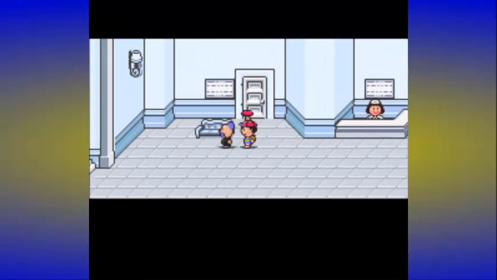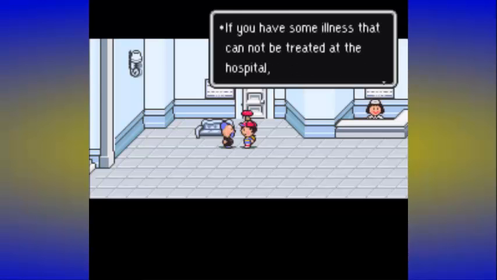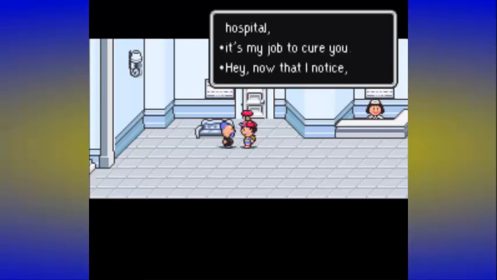Yay! Now what you want to do is talk to this blue-haired healer, and he says, though you may not believe it, I'm a healer. You have some illness that cannot be treated at the hospital. It's my job to cure you. Normally you would have to pay him to cure you, but in this situation...